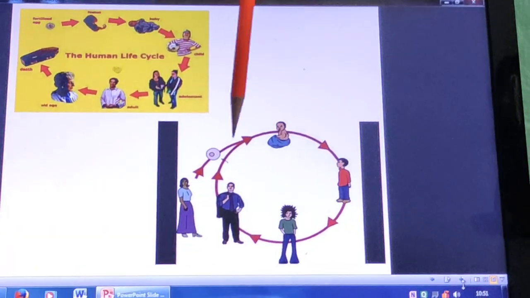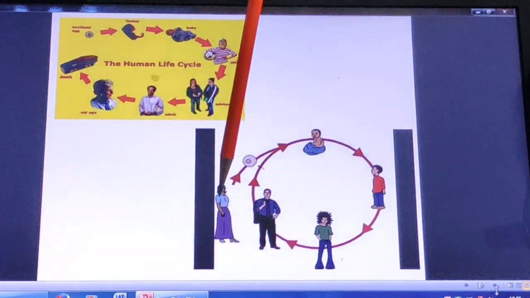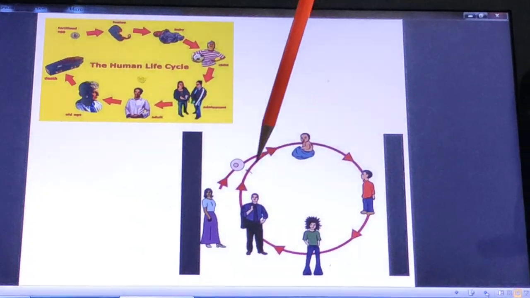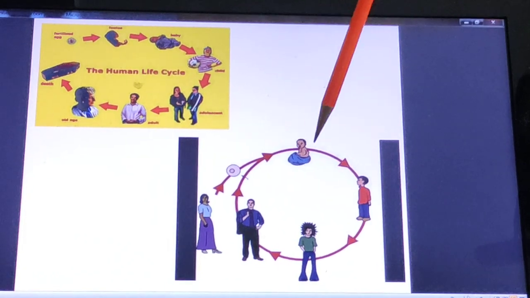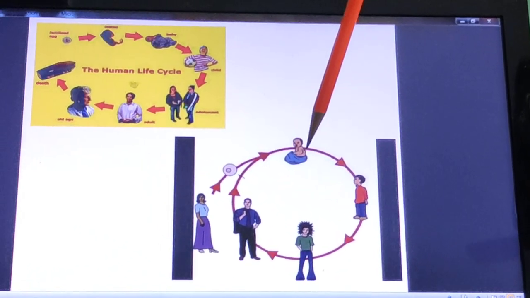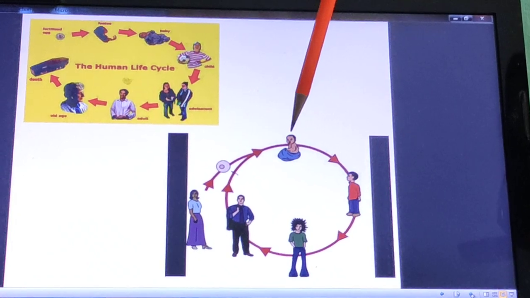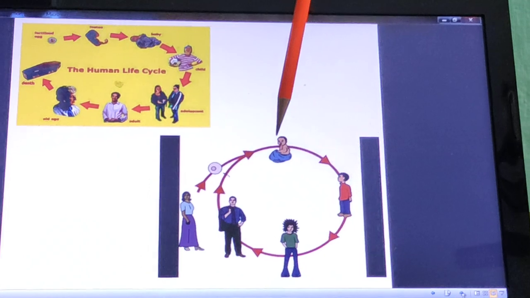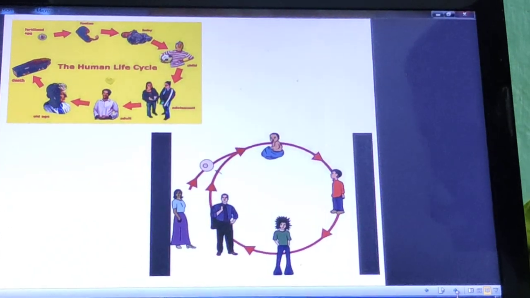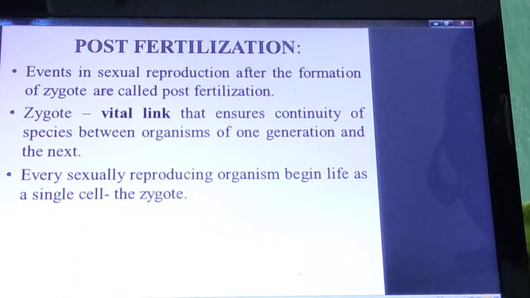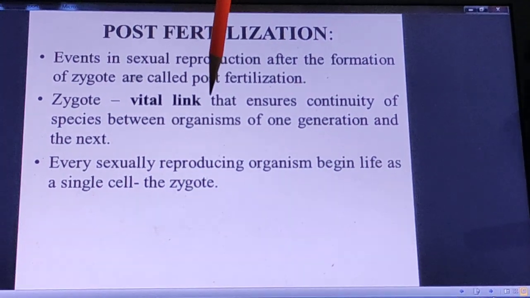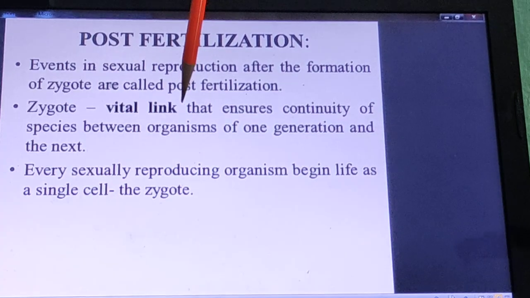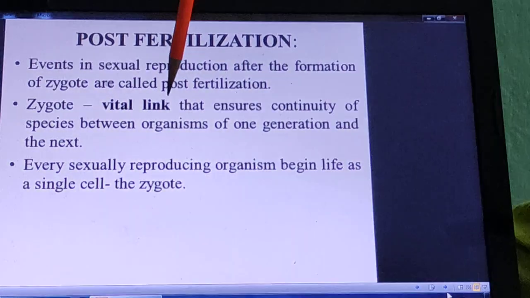Here you see the male and female undergo the process of reproduction. So they produce the zygote. The zygote develops to a baby. So which structure links between this and this? The zygote links between this and this. I think now you have well understood how the zygote is the vital link. Remember, it is very important for the purpose of multiple choice questions as well as very short answer questions.